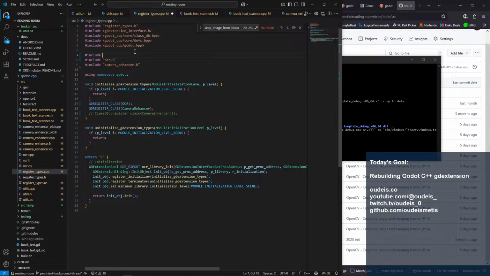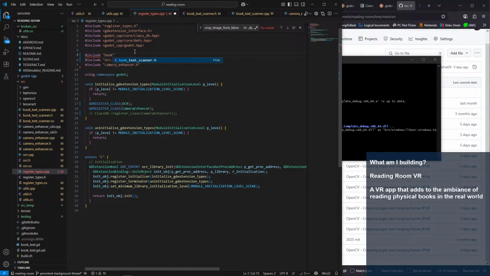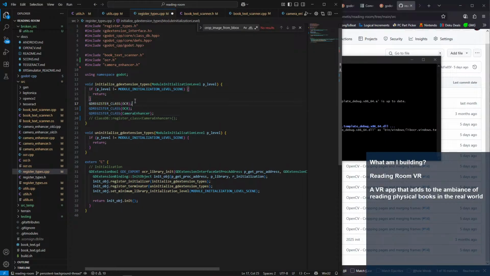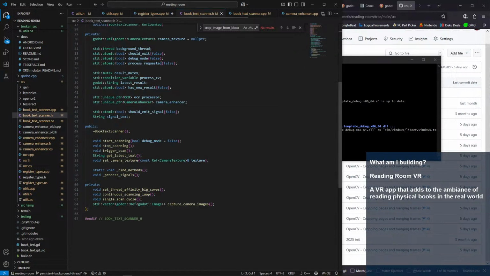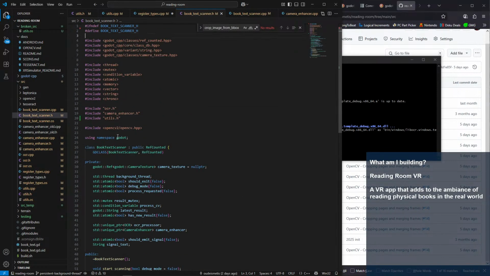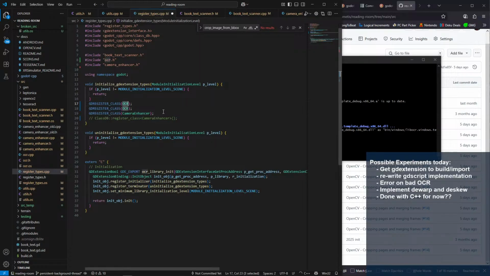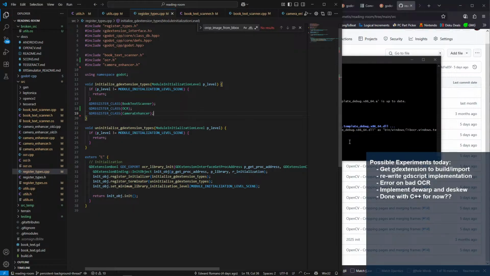And this is going to be book text scanner, and let's just make sure we got it. Copy paste it as is. And then the only other thing I'll do is delete that.